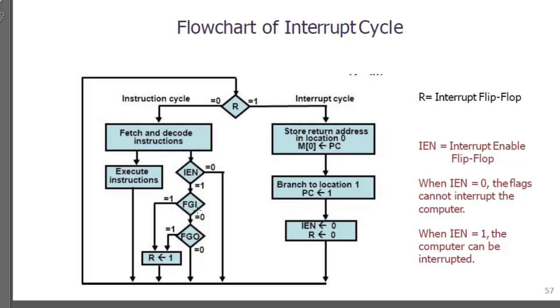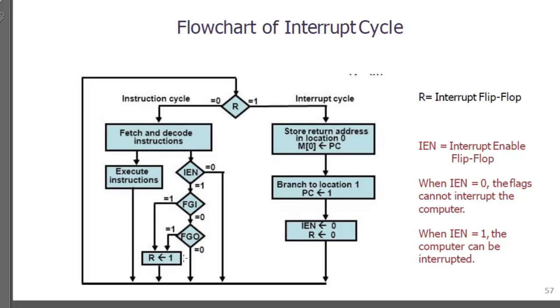If the value of flag input is 0, then it will check the value of flag output. If the flag input is 1, that means the value of R will be set to 1 and the process will move to the interrupt cycle. Both flags are 0. It indicates that neither the input nor the output register are ready for transfer of information. In this case, control continues with the next instruction cycle.